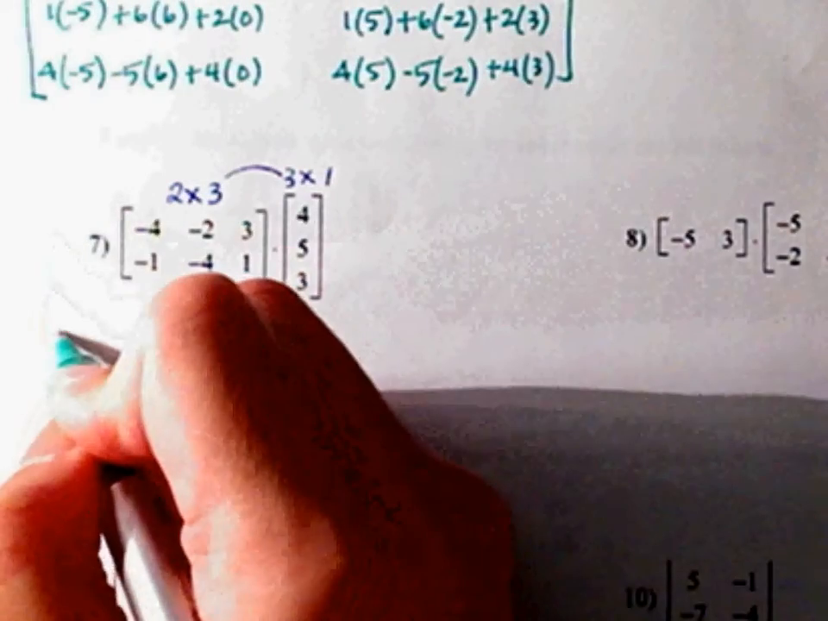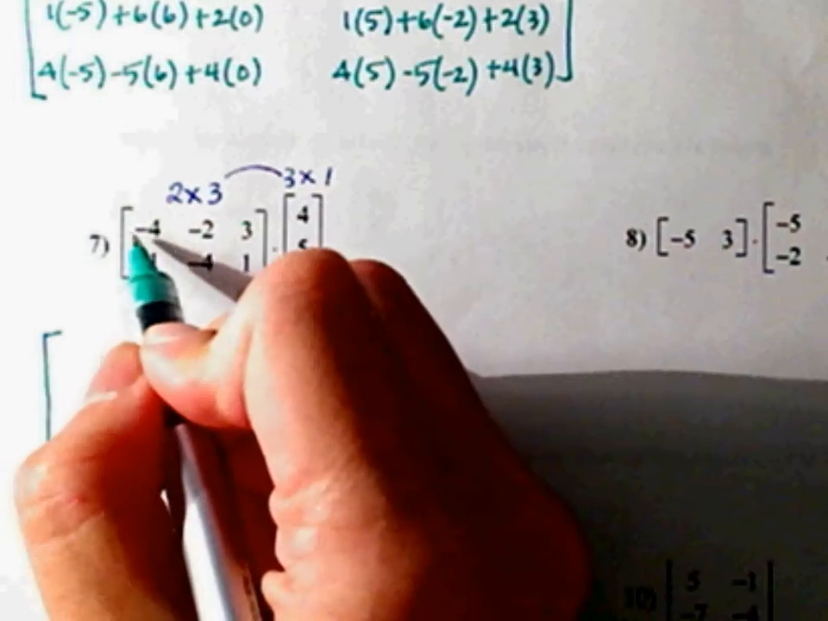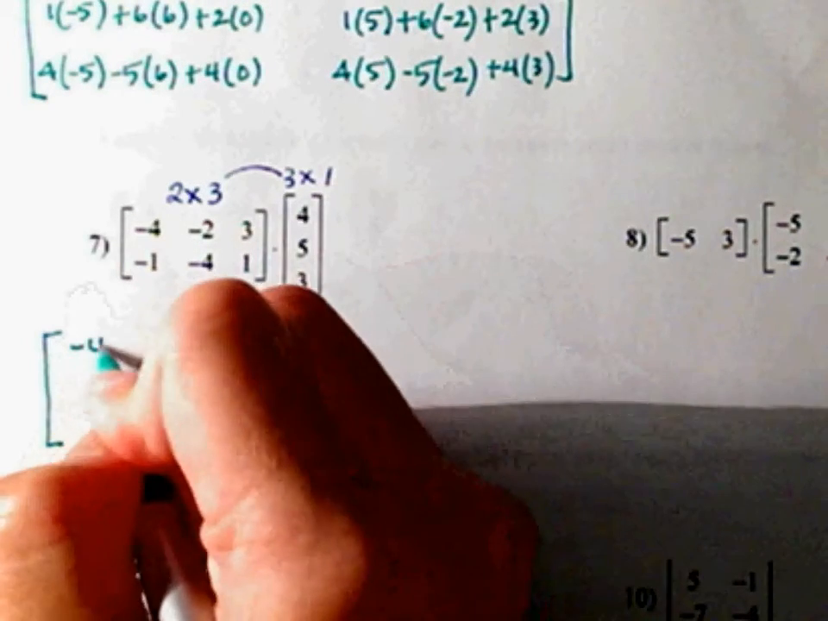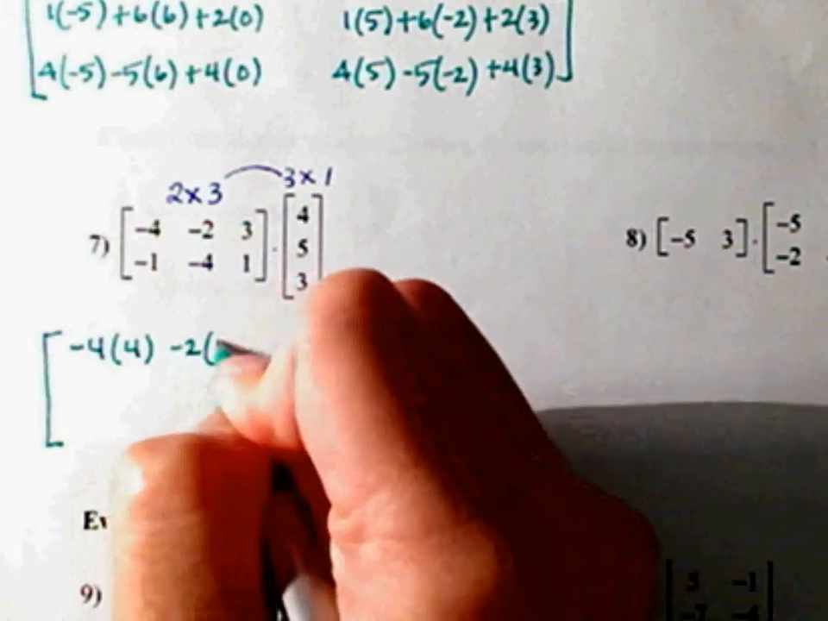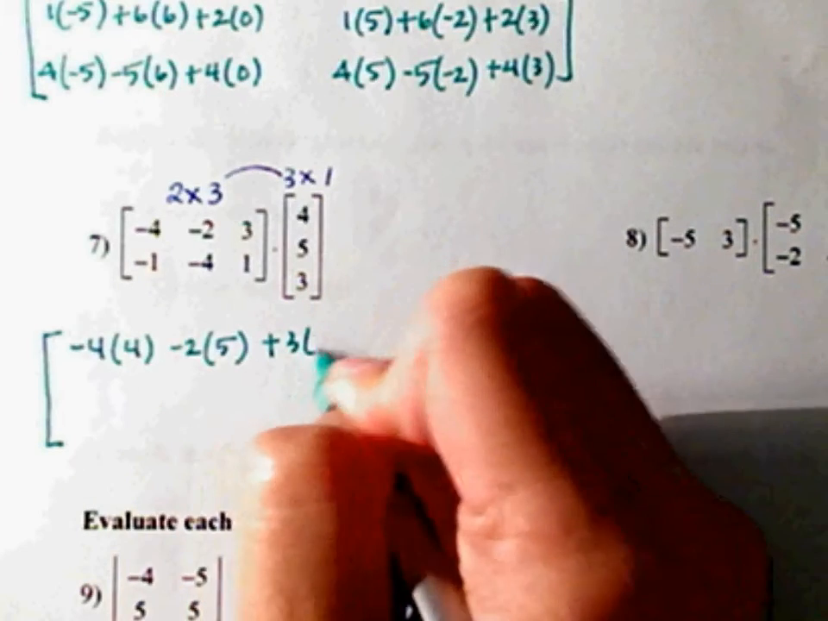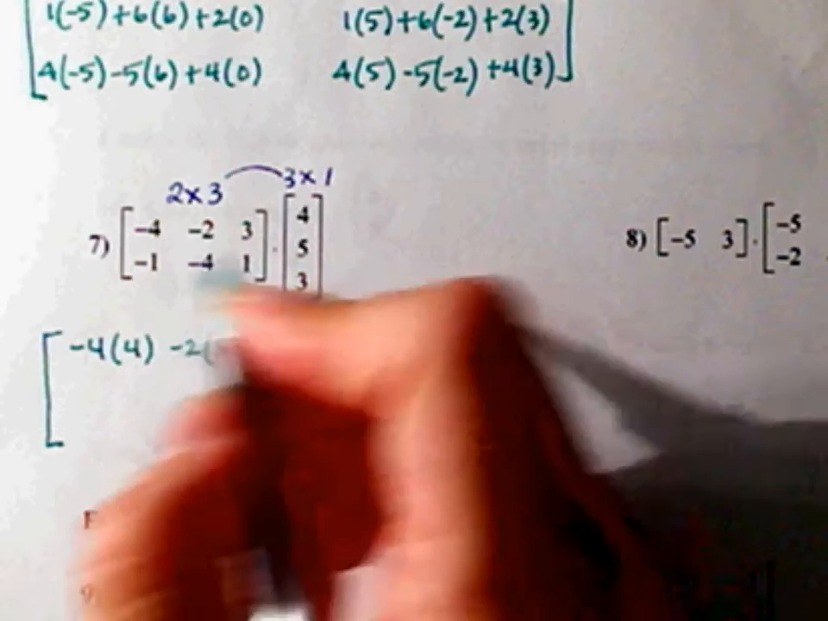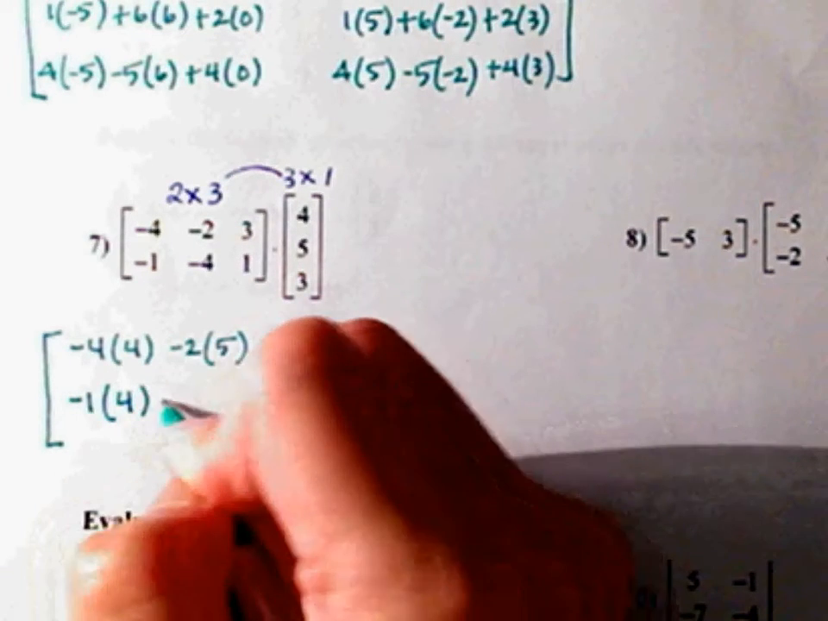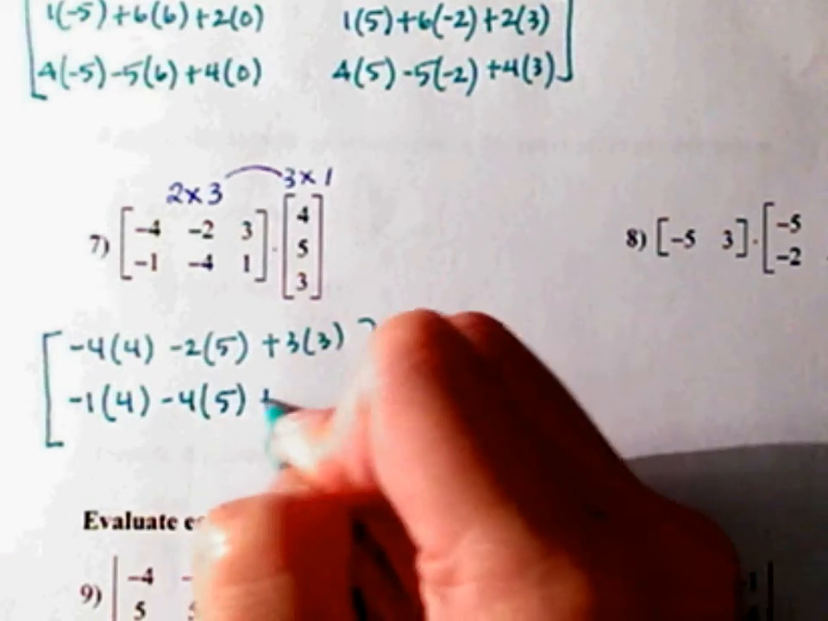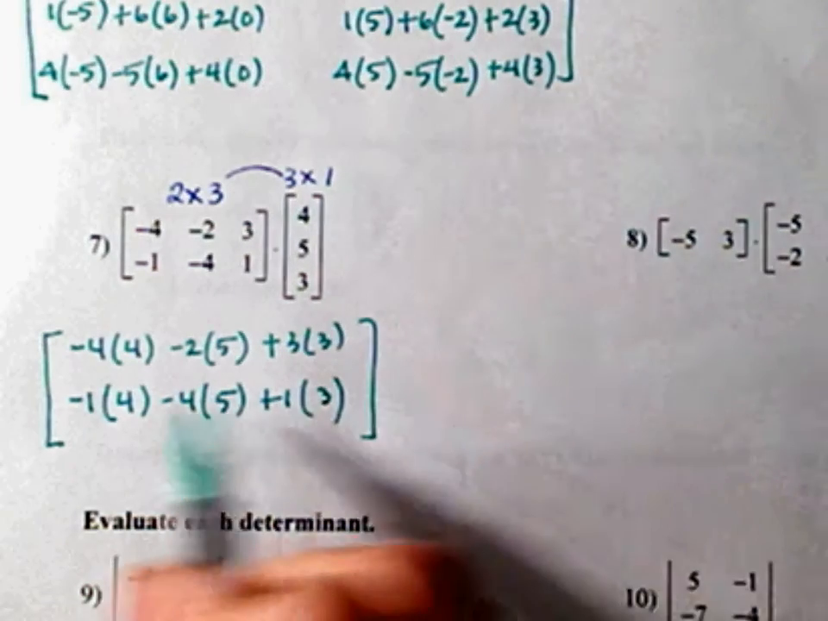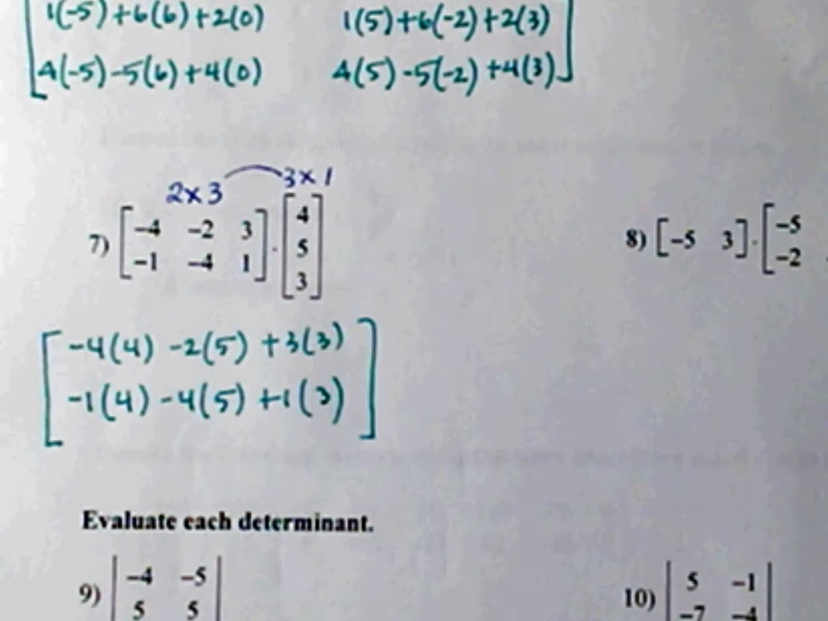So it's going to be a 2 by 1. First row, first column: negative 4 times 4 minus 2 times 5 plus 3 times 3. Second row, first column: negative 1 times 4 minus 4 times 5 plus 1 times 3. This is you showing your work. Okay? And so the answer to this one will be